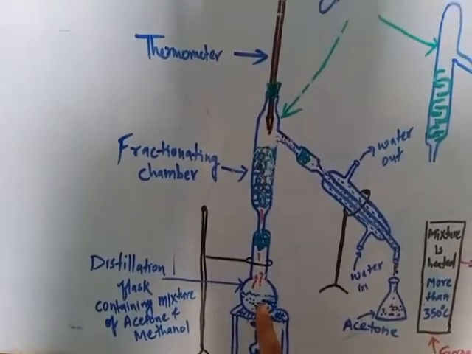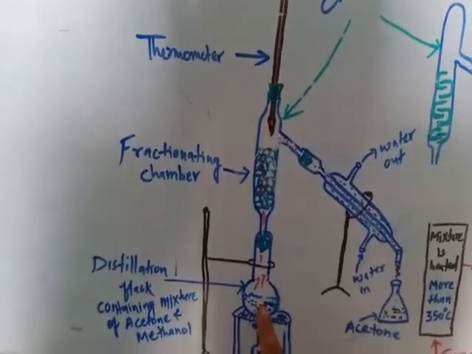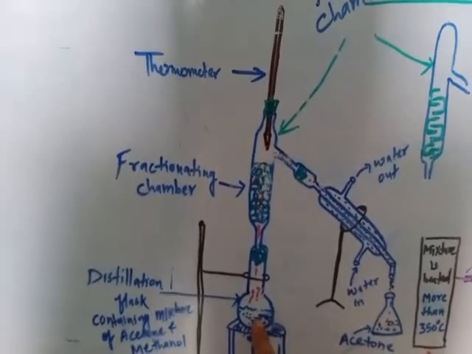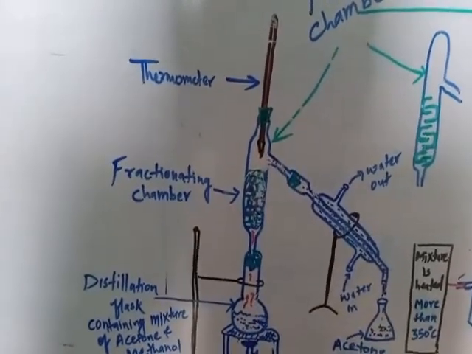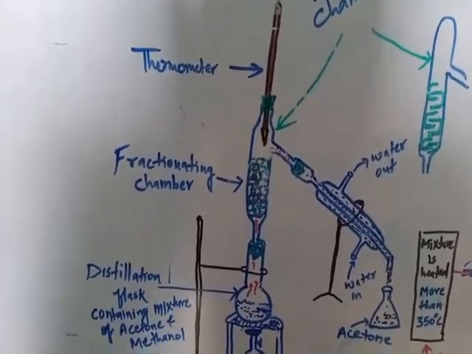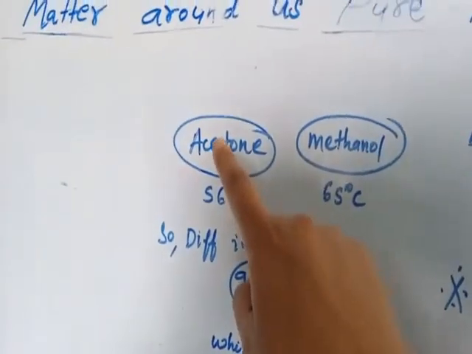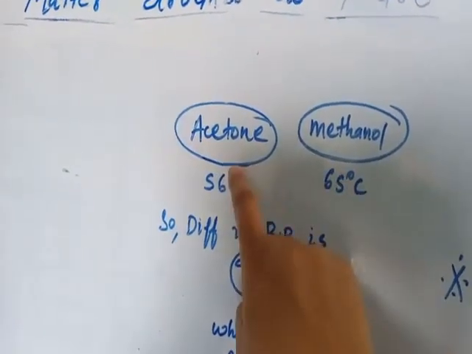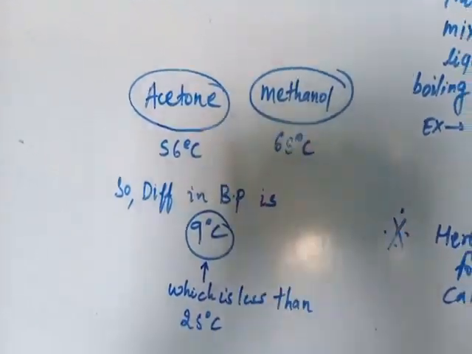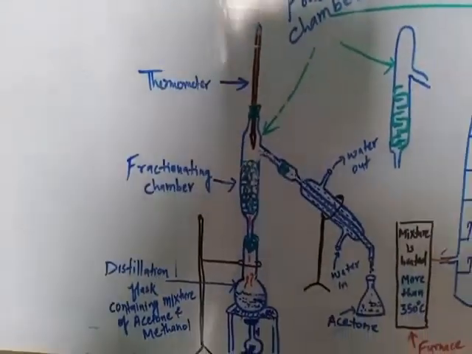Now, in the distillation flask, we have the mixture of acetone and methanol, whose difference in their boiling points is very less, that is about 9 degrees Celsius. If you could see, the boiling points of both the liquids are very close to each other. So,